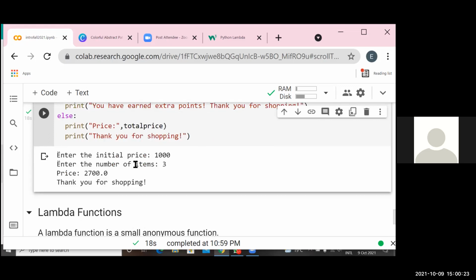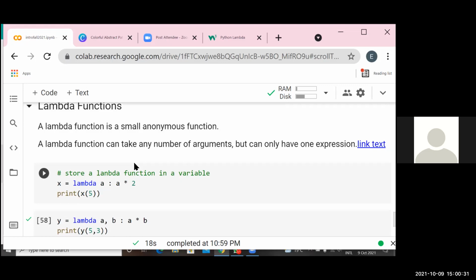And lastly, there's one concept that might be really handy. We use it, and sometimes we might come across it. This is a lambda function. Different from a normal function, a lambda function is normally an anonymous function, it doesn't have a name. It's mostly used for writing functions that you don't require to reuse. You just need to use it once, and you don't need to use it any other time.